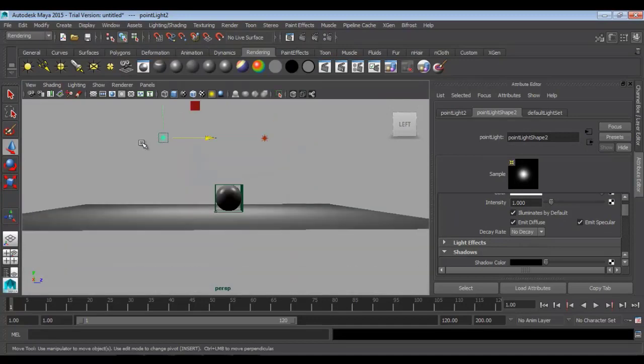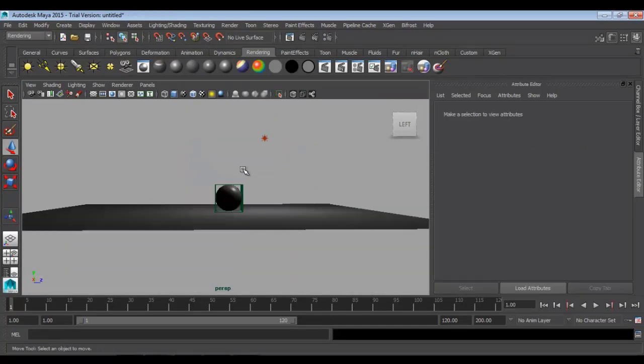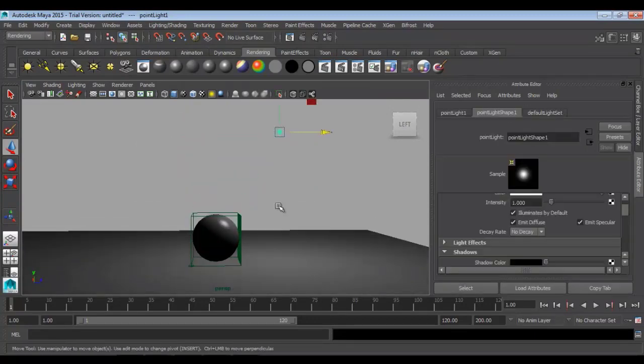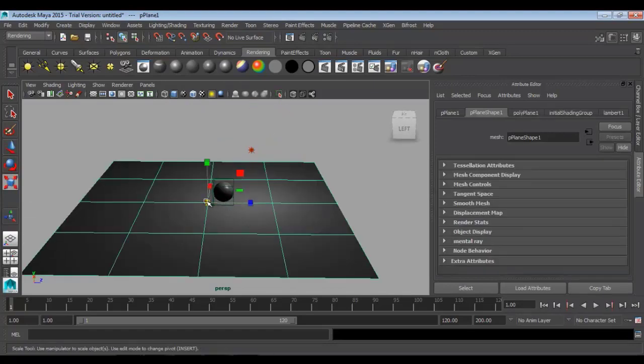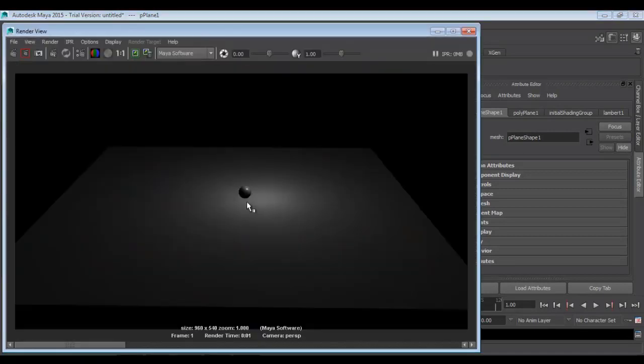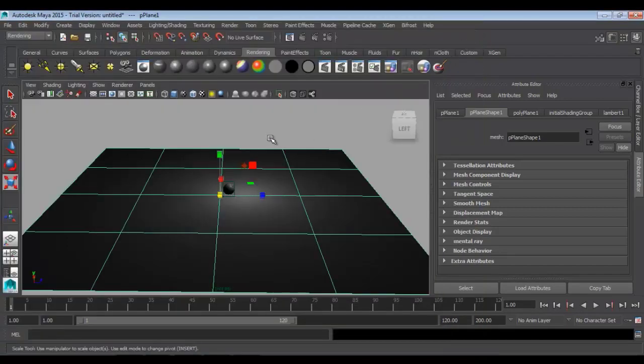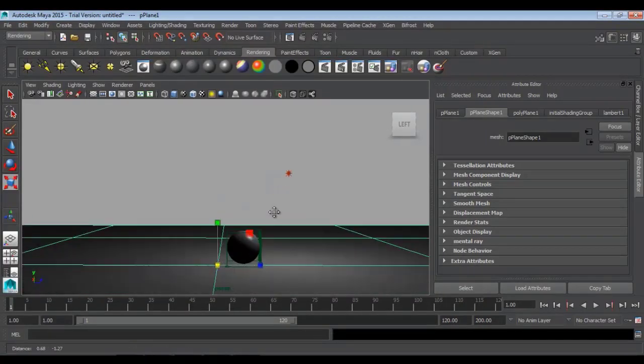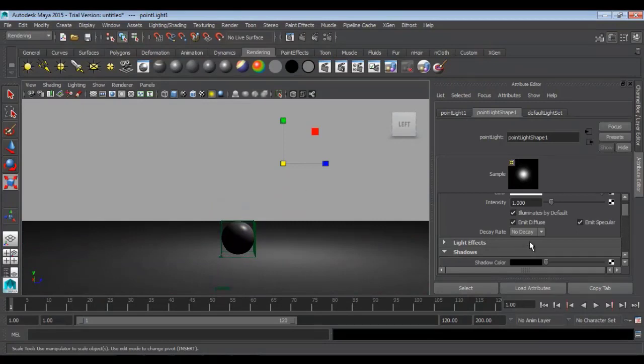Next option, which is very important, is decay rate. As you can see over here, if I increase the scale of the plane and take a render, I'm still able to see the whole polygon plane. Light energy is not decaying off. Light cannot just keep its energy throughout infinite range. It has to be decayed. So to control that decay or to have that decay in our scene, we have decay rate. It has three types of pre-calculated decay rates, that is linear,